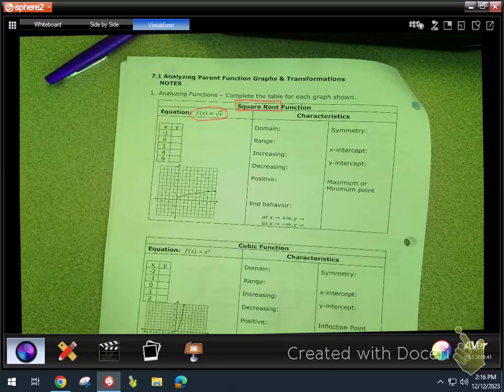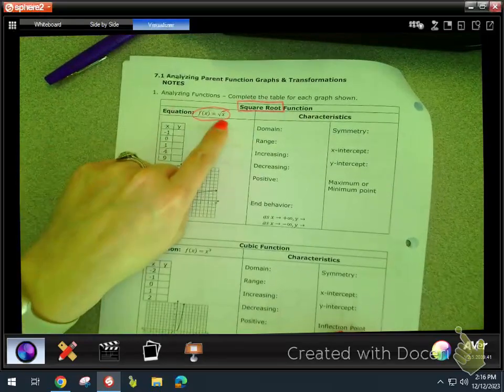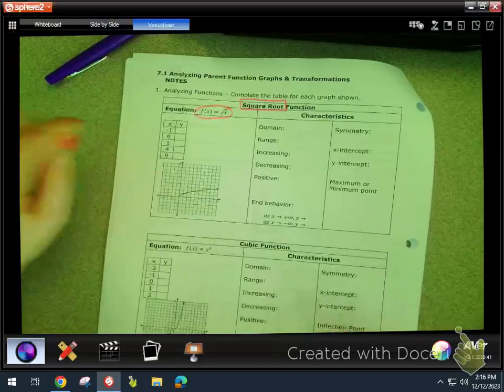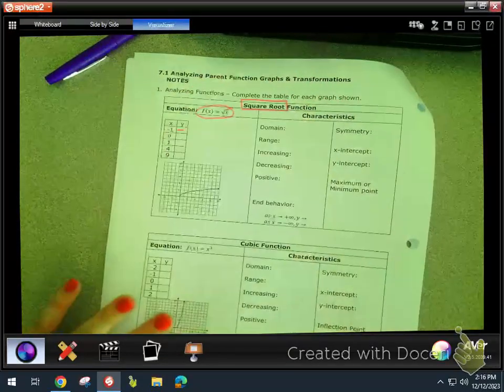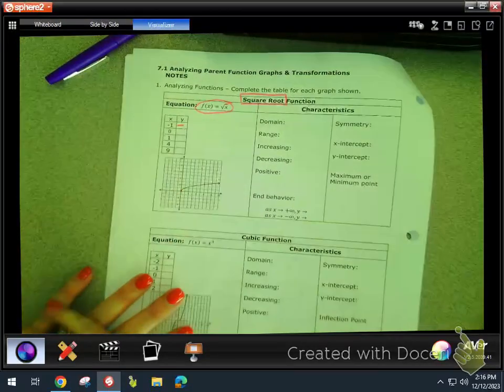We're going to fill this out quickly, so stay with me. I gave you some x's. We are plugging them into this formula here. Can you take the square root of a negative number, a -1, and get a real number? No, so that is not going to be on the graph. As you can see, this is what your graph looks like, and it doesn't have a value when x